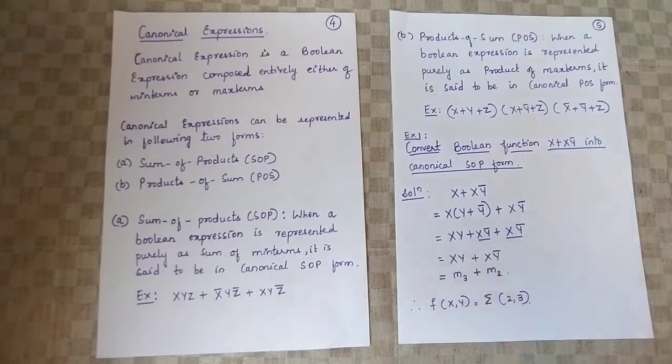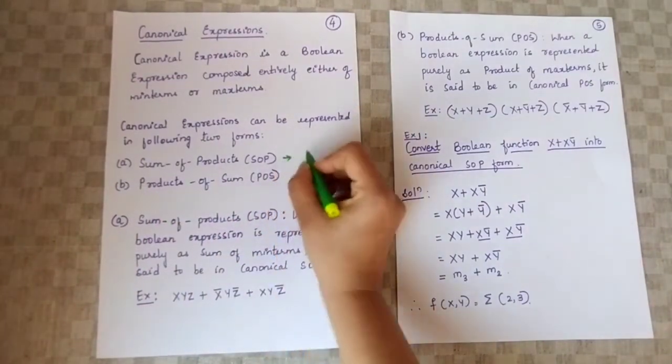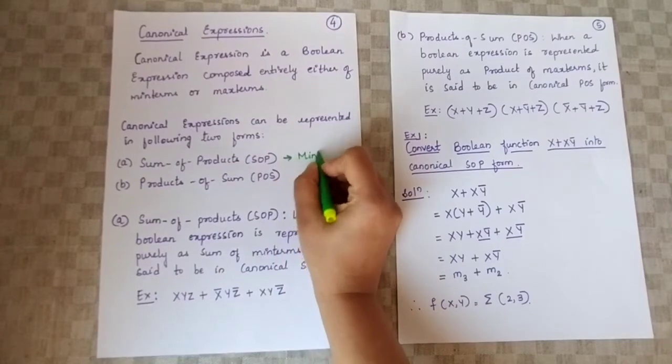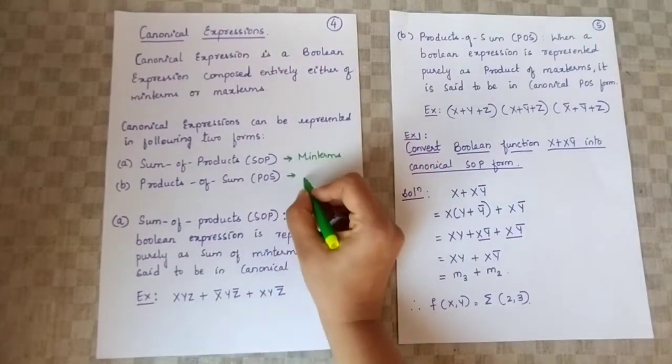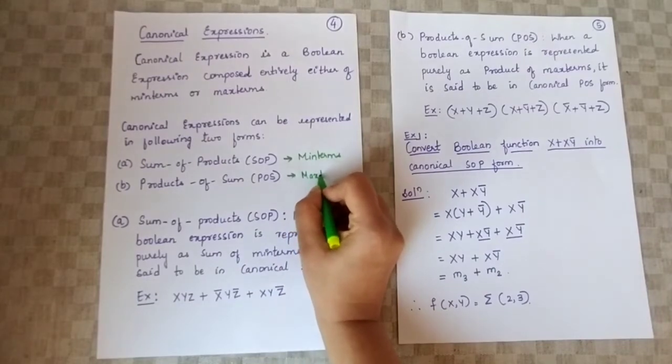Under canonical expressions we can represent in two types, that is sum of products and product of sum. Sum of products means it involves all min terms. Product of sum means it involves